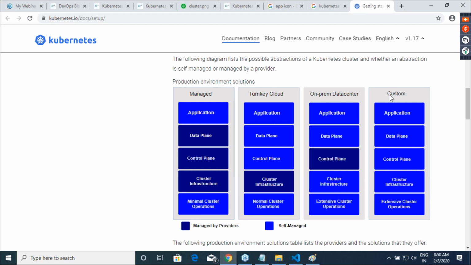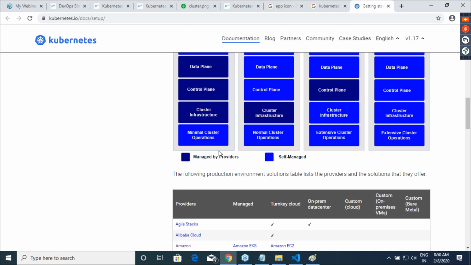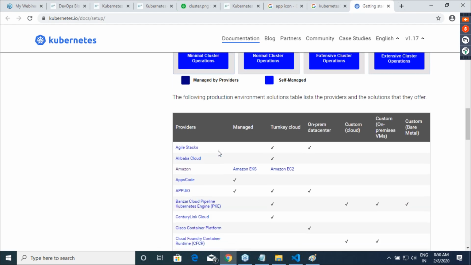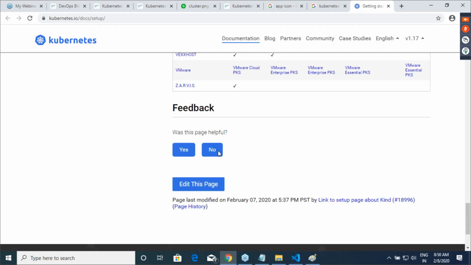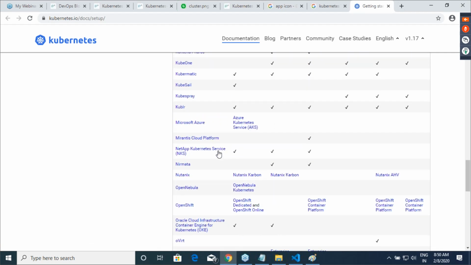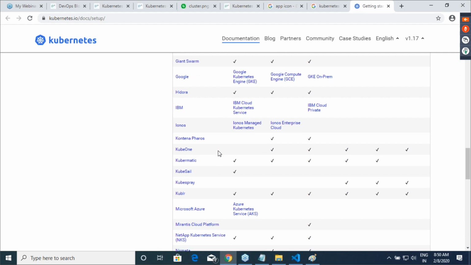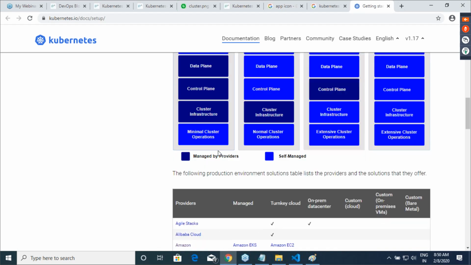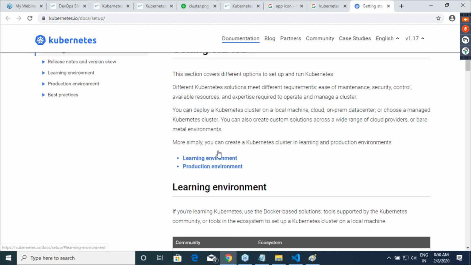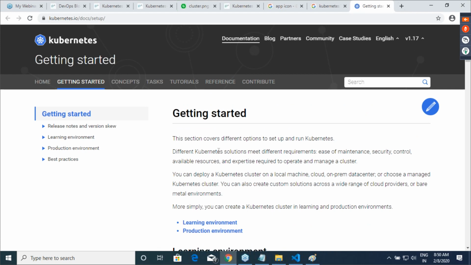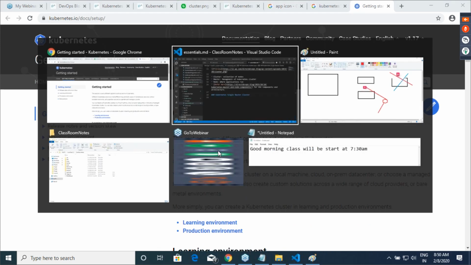Managed is generally given by your providers, and these are all the providers who basically give Kubernetes. So we have many ways of installing Kubernetes, right?